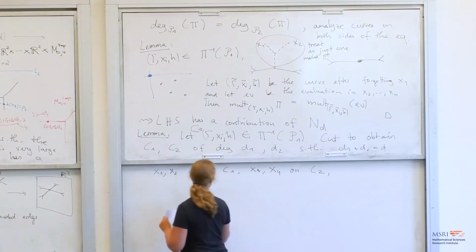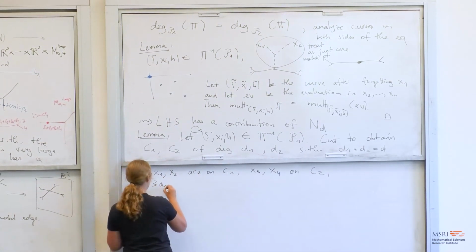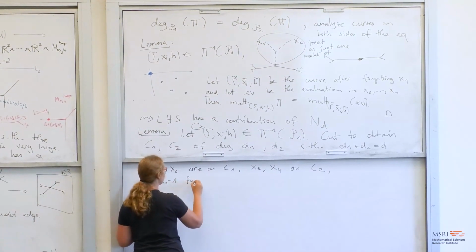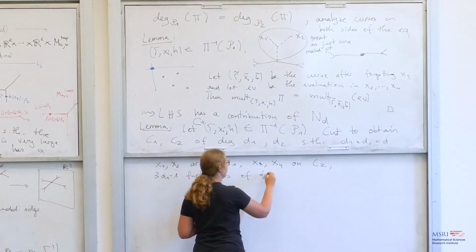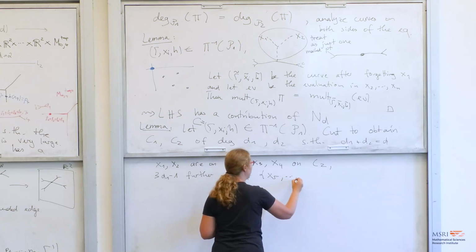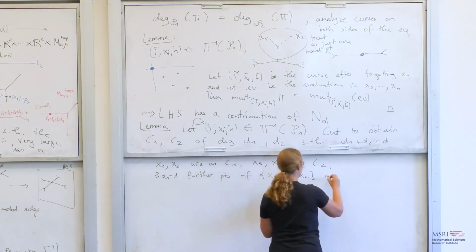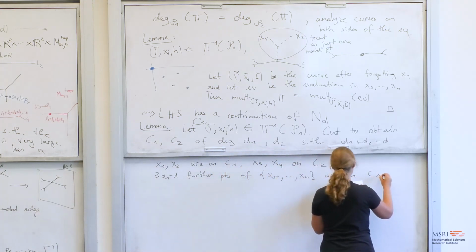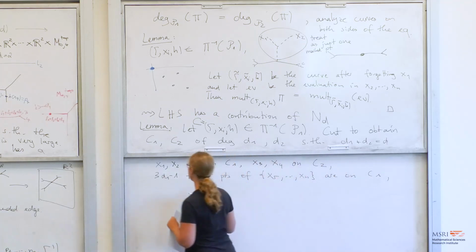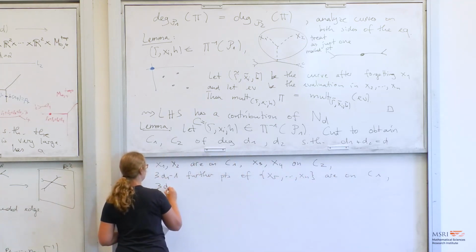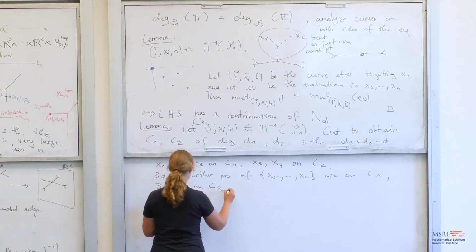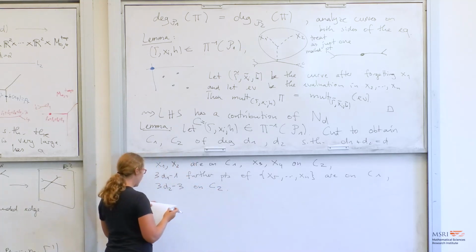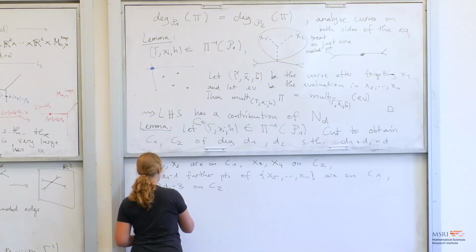Now I claim that 3d1 minus 1 further points of the remaining points, meaning x5 up to xn, have to be on C1, and the remaining 3d2 minus 3 on C2. And I claim that the multiplicity